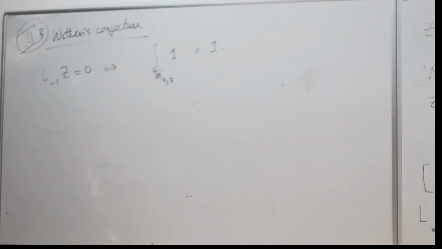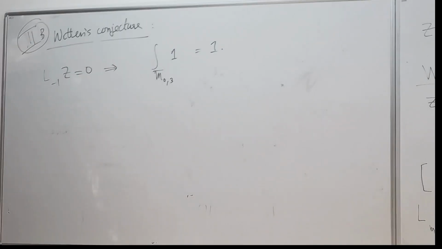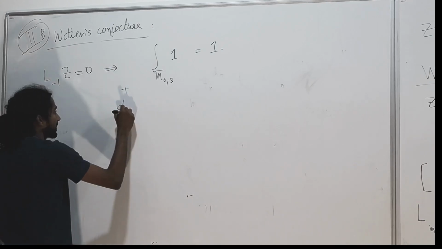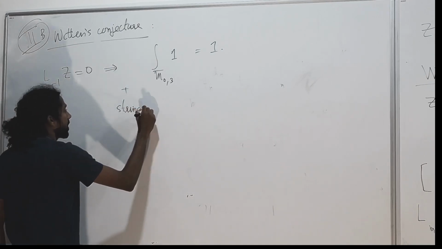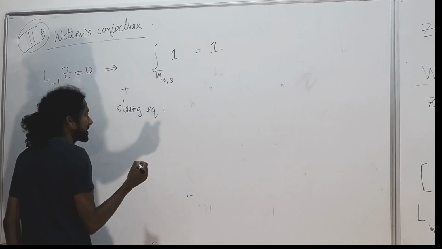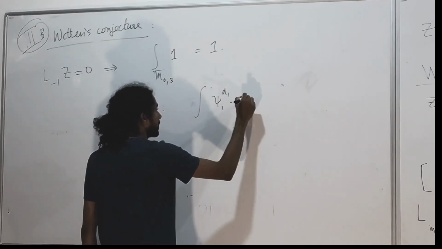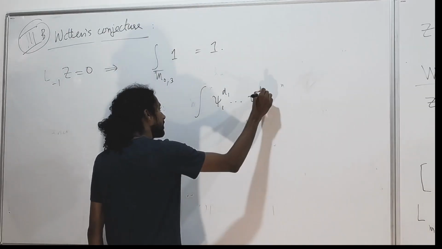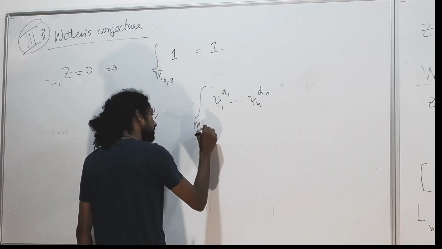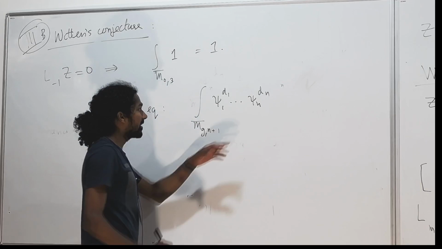So that's also encoded in the Virasoro constraints. And then you get what people call the string equation. The string equation is the following thing. If you didn't have a psi_{n+1},